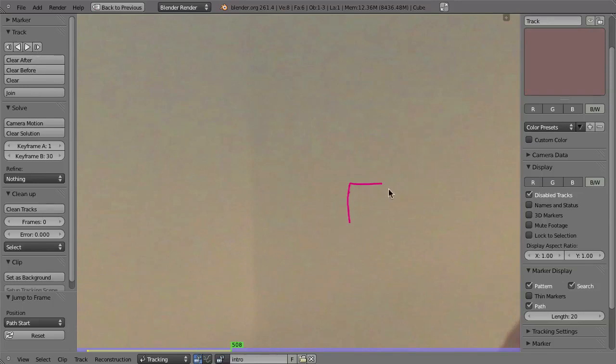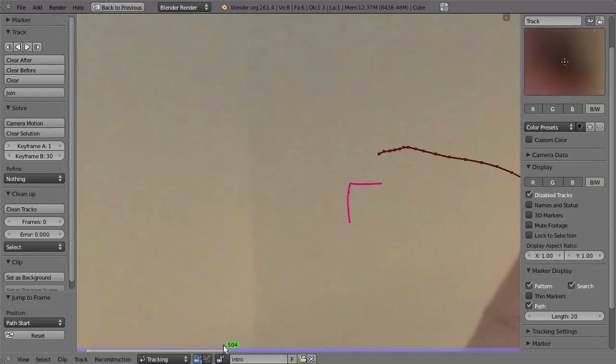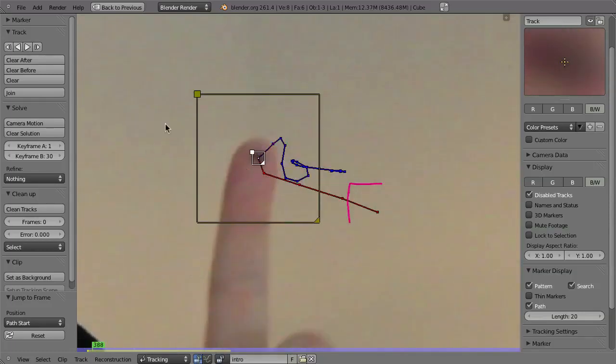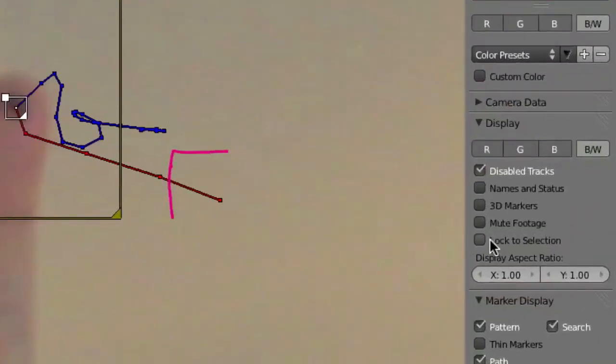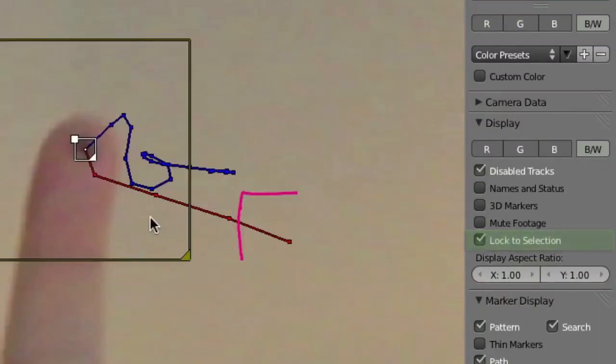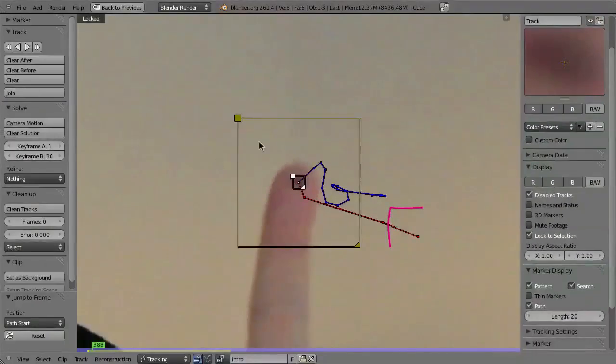Now, of course, we could just zoom out, but then we might not see if everything goes right and if it's tracking exactly the same feature. So instead, what we can do is to activate the option to lock to the selection. That is over here in the properties, this checkbox here, lock to selection. And that will center the marker here, and you can see it is locked.